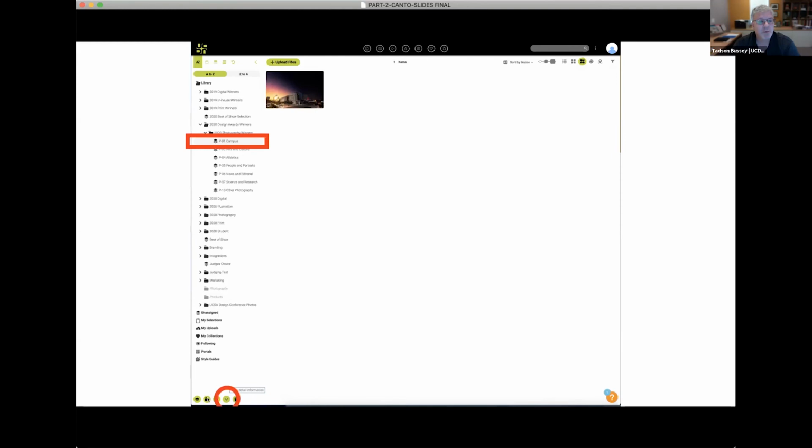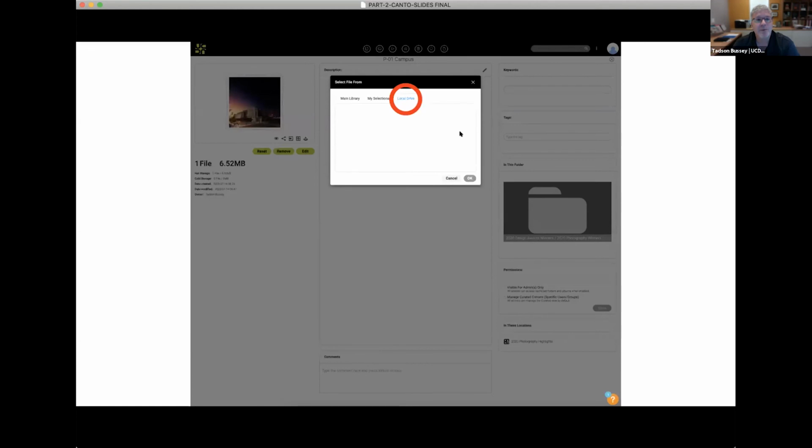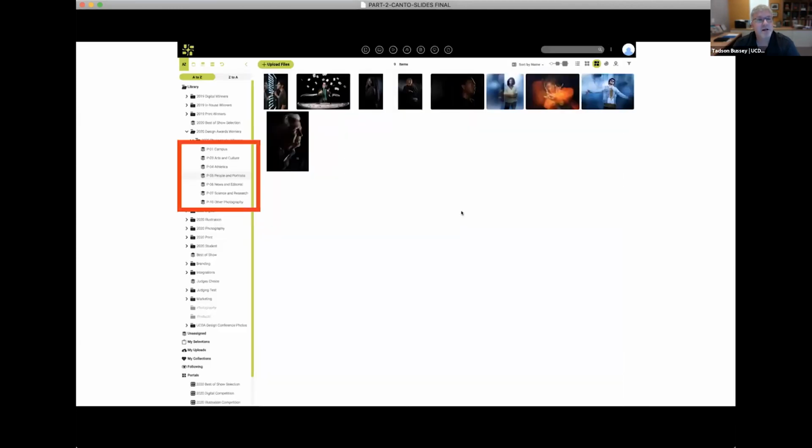Then you go down here on the bottom, this drop-down menu, internally we call it the caret. You click on that, and that opens up the album, and it shows you here in the top left what the album cover is. Really easy to change that. You click on Edit. A pop-up window comes up. I already had created different images for each of the albums. So I go to my local drive, select the image, hit submit,